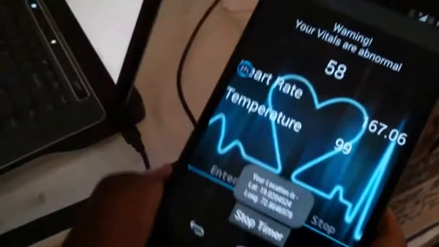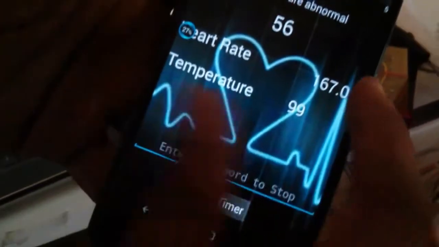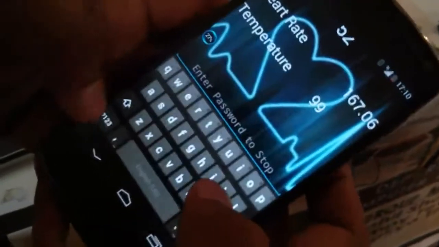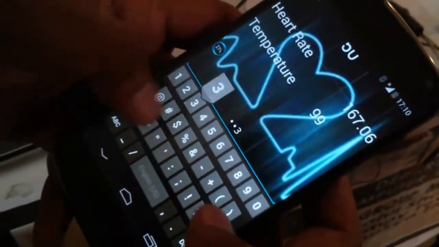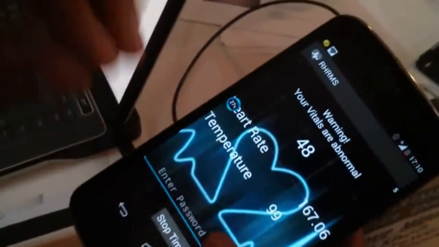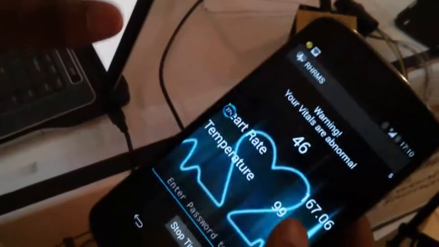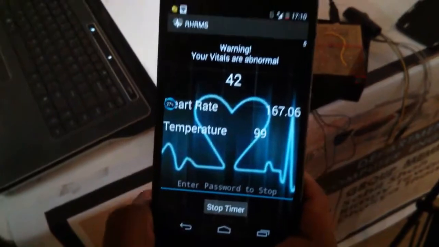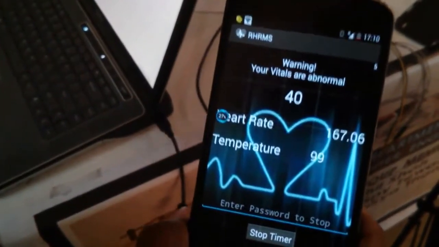As you can see, a timer has opened up with the abnormal readings of the heart rate and temperature. Now if I enter a password which has been preset by the user correctly and stop the timer, the timer will stop and no message will be sent. But if the user is unable to stop the timer, which is in the case of a concerning reason,